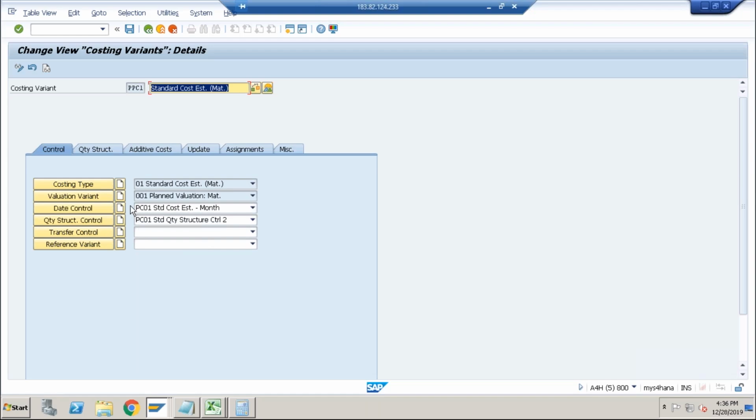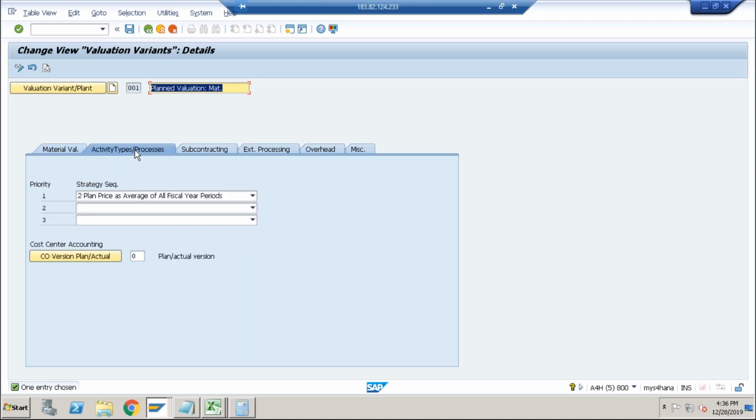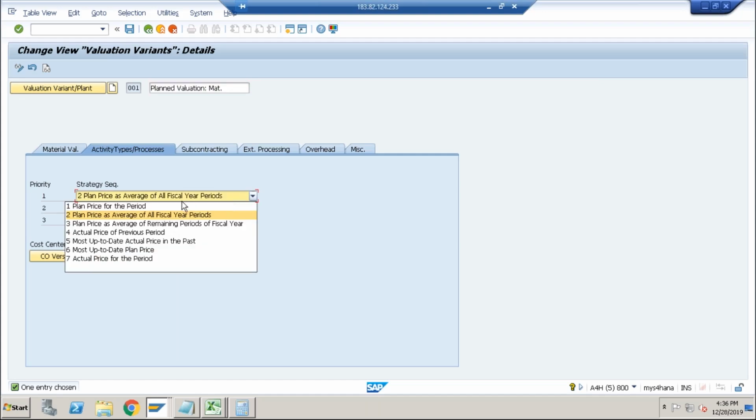So currently, let's go to the valuation variant. See, in the valuation variant, this is where we tell the system how to pick the activity prices. Okay, go here. You can see plan prices average of all fiscal year periods. What we told the system is to pick the activity type prices as the planned prices, as average of all the fiscal year periods. That is the reason the system is taking average. But if I tell the system to take the planned price for the period, don't worry about the average, then it will take the entire 5000,